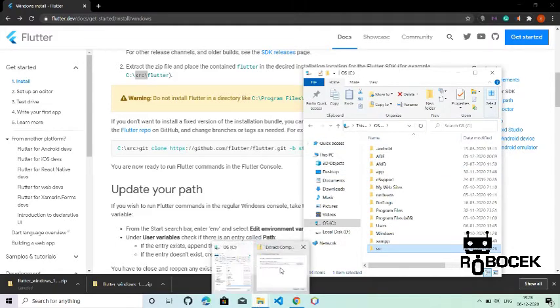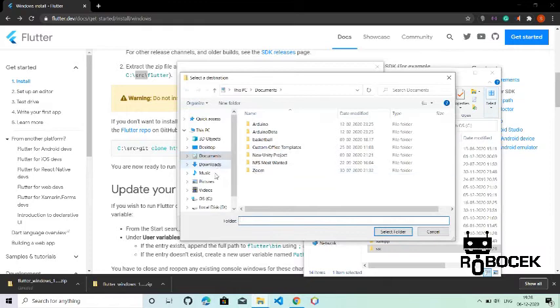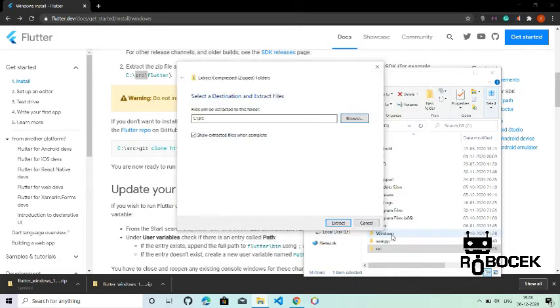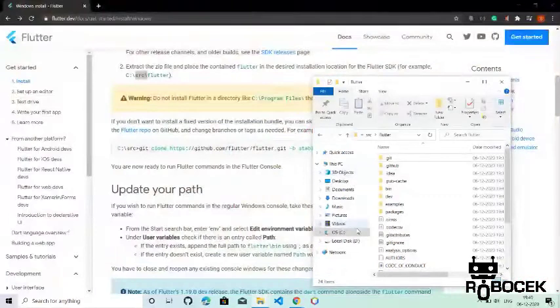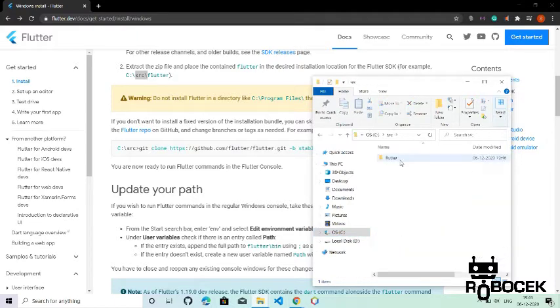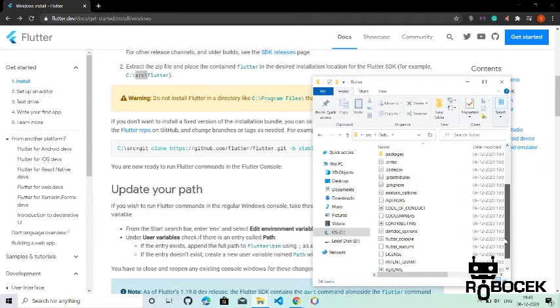Now give the extract location to that folder, inside C, src. Click on extract. Now we have extracted the zip file, and inside the src folder we have a folder called flutter, and inside that we have all the folders.